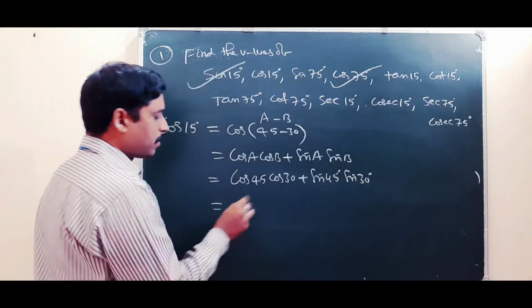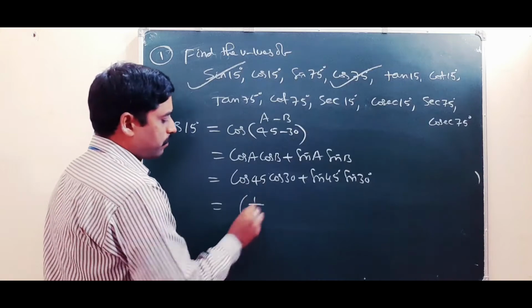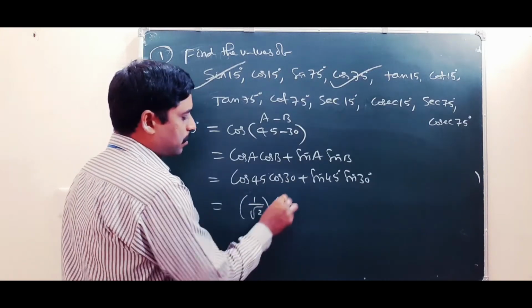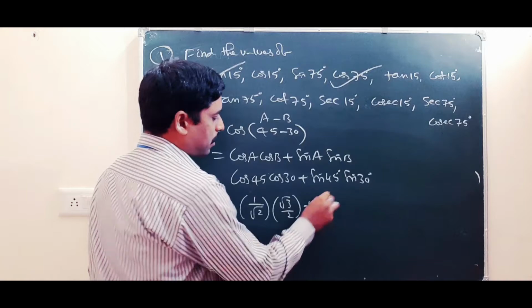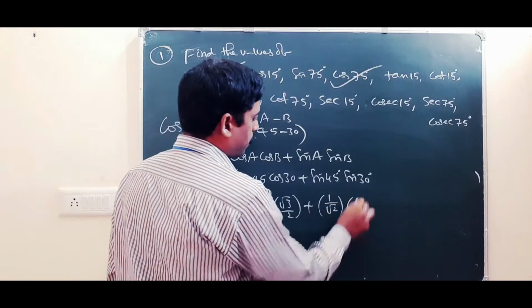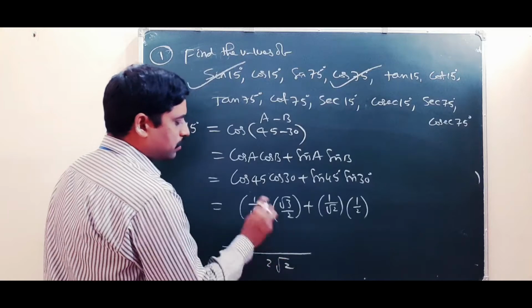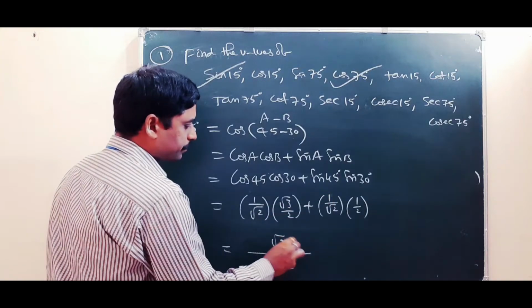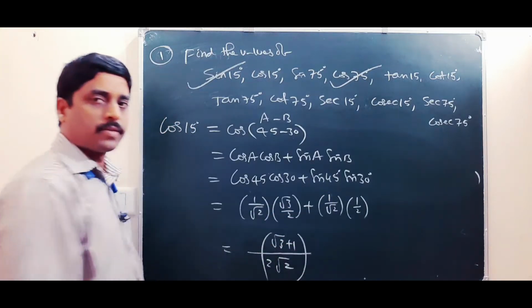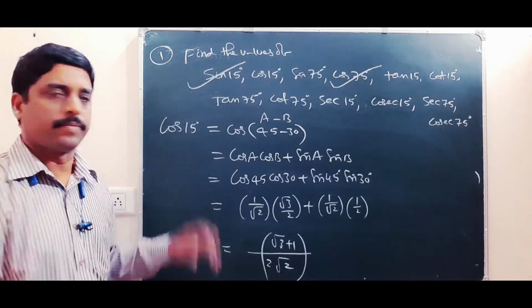So this value will be: cos 45 value 1 by root 2, cos 30 root 3 by 2, sin 45 1 by root 2 into sin 30 which is 1 by 2. So let us do LCM 2 root 2, so root 3 plus 1. So root 3 plus 1 by 2 root 2, this is cos 15. Okay,